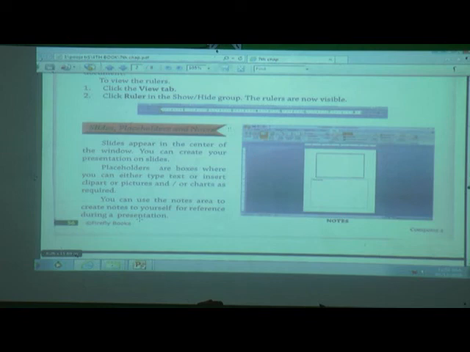Next one, notes. What is the use of notes? Yes, for reference. You can use a notes area to create notes to yourself for reference during a presentation. Clear till here?